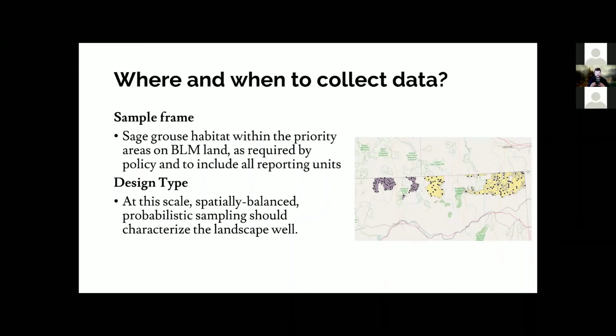There's one major decision point with two options here. The first is targeted or non-random, where you pick key areas that are representative, or you believe are representative, of the landscape, which is often pretty efficient, but has the downside of not being able to be statistically analyzed because it does not fit the assumptions of the statistical tests. Or you can do random probabilistic sampling where you use an algorithm to place the points at random on the landscape, in which case you can actually use statistical analyses on the data, which is often a huge advantage.